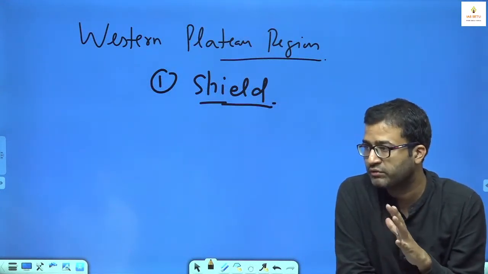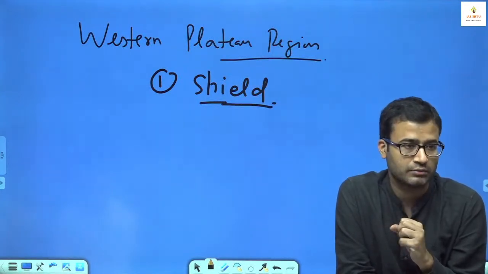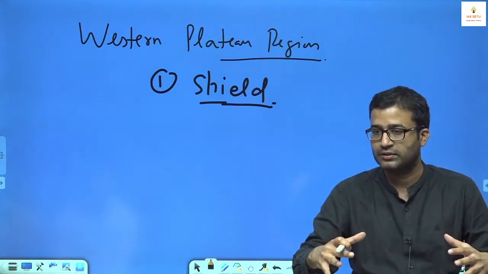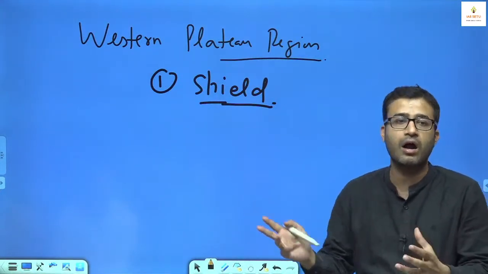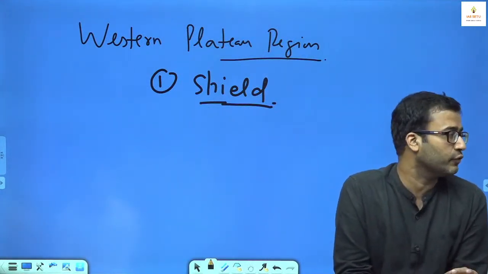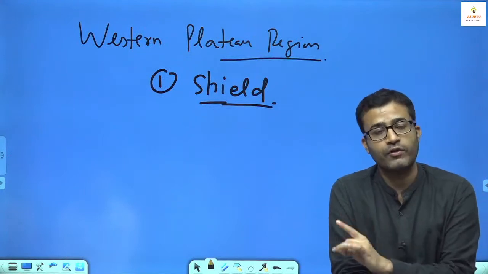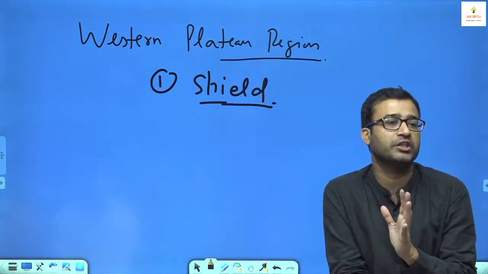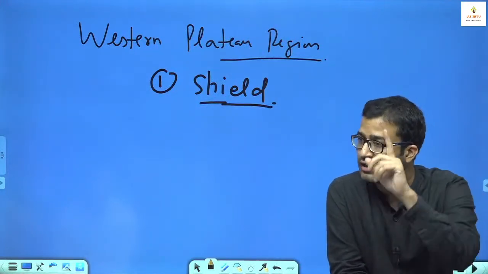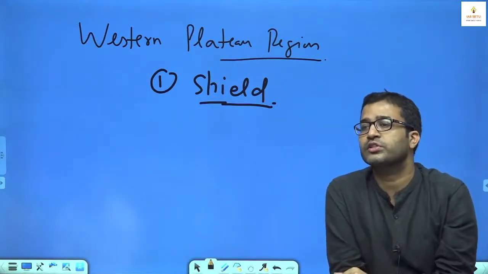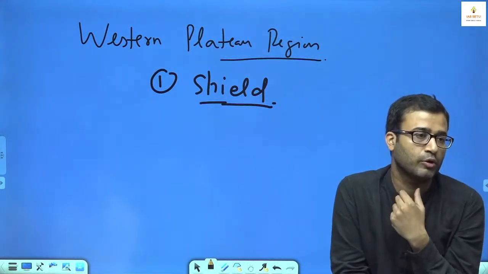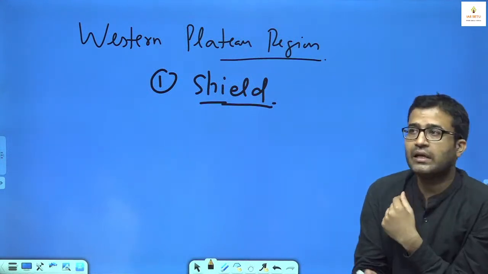शील्ड की शेप देखिए, शील्ड दैट इज ए हार्ड सरफेस, ओके, एंड इट इज ए प्लेट्यू, ओल्ड प्लेट्यू रीजन विच इज फॉर्म्ड विद ए हार्ड रॉक, उसको शील्ड बोल दिया जाता है। तो द वेस्टर्न पार्ट ऑफ ऑस्ट्रेलिया इज ए प्लेट्यू रीजन एंड इट इज फॉर्म्ड ऑफ द हार्ड रॉक। जुडो कराटे में भी शील्ड दे देते हैं ना, हार्ड, मतलब हार्ड शील्ड। तो सेम वर्ड, शील्ड हार्ड चीज के लिए यूज किया जाता है। तो दिस इज ए प्लेट्यू रीजन विच इज फॉर्म्ड विद द हार्ड रॉक। तो वेस्टर्न पार्ट ऑफ ऑस्ट्रेलिया इज ए शील्ड। कैनेडियन शील्ड, कनाडा का जो नॉर्थ का पार्ट है ना, दैट इज ऑल्सो ए शील्ड एरिया, वो भी एक प्लेट्यू रीजन है फॉर्म्ड ऑफ द हार्ड रॉक, तो उसको शील्ड बोल देते हैं।